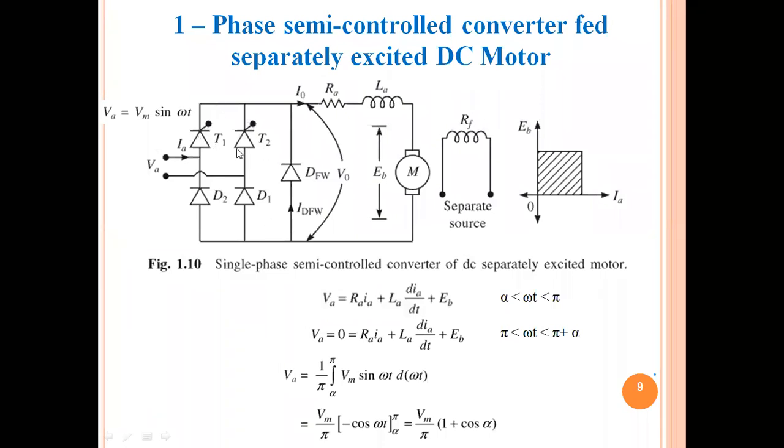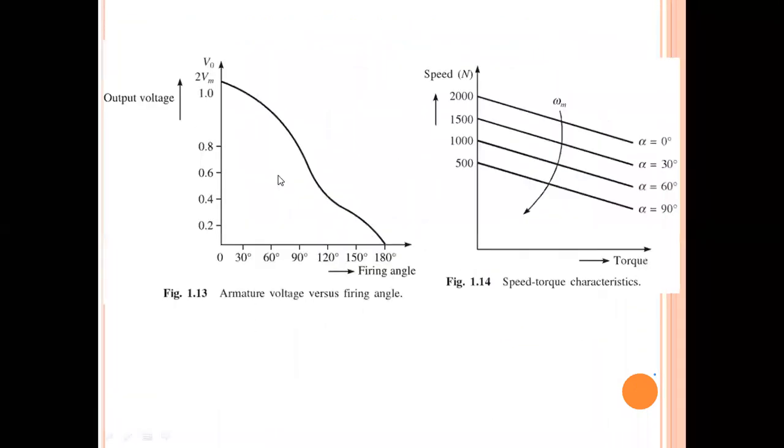However, this bridge contains four switches, and only two switches are controlled switches. That is the reason why this converter is known as a semi-controlled or half-controlled converter. I think now you have got the difference between half wave and half controlled. Half controlled and semi-controlled are both the same. And coming to the fully controlled, I will show the circuit diagram of the fully controlled converter.